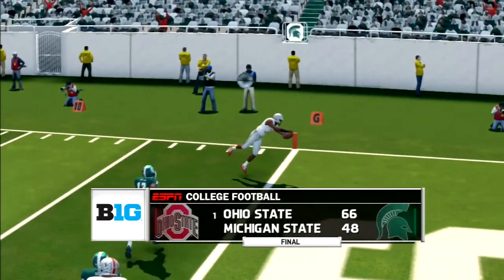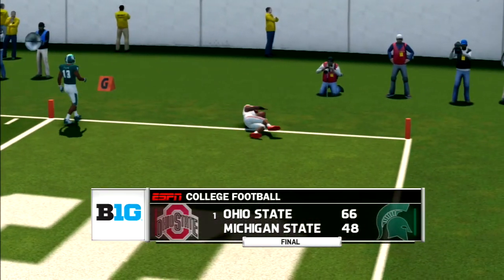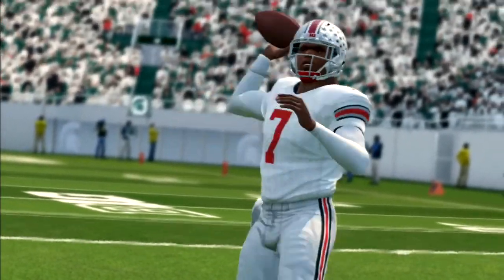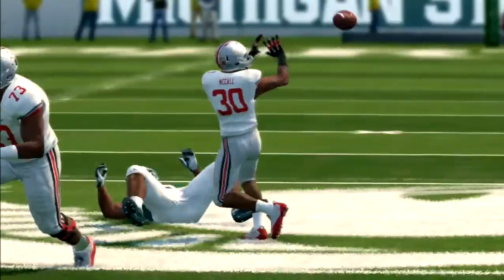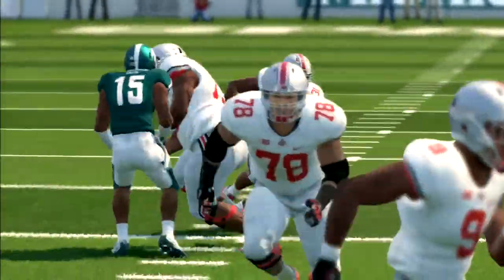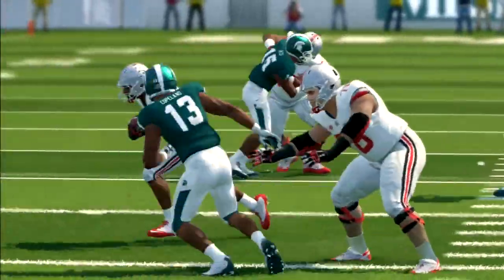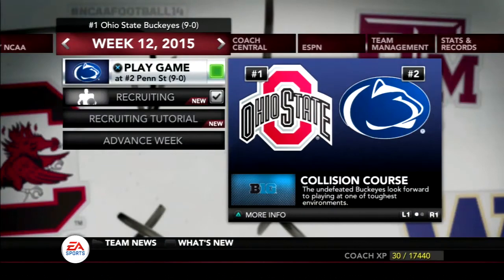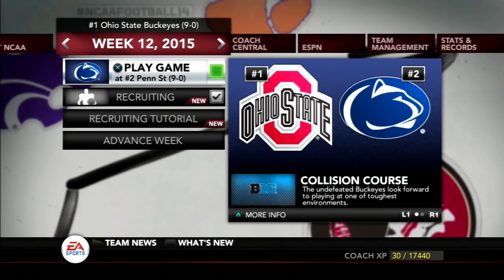Sam Hubbard finished with 3 sacks on defense, and Jerome Baker had 2, but the secondary struggled today, giving up 382 yards and 5 touchdowns to Lewarke. The defense will have to look to bounce back because up next is a trip to Happy Valley to take on the 2nd-ranked Penn State Nittany Lions.